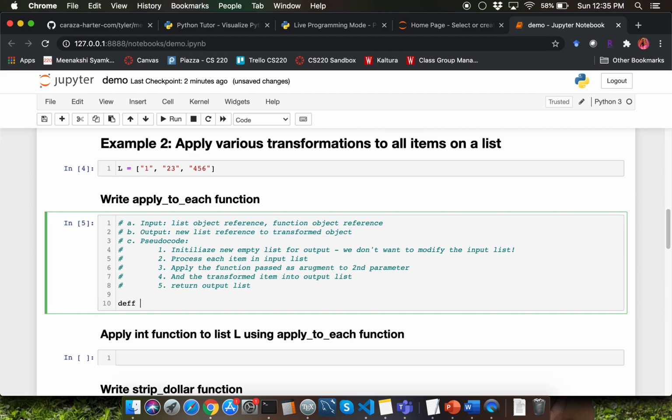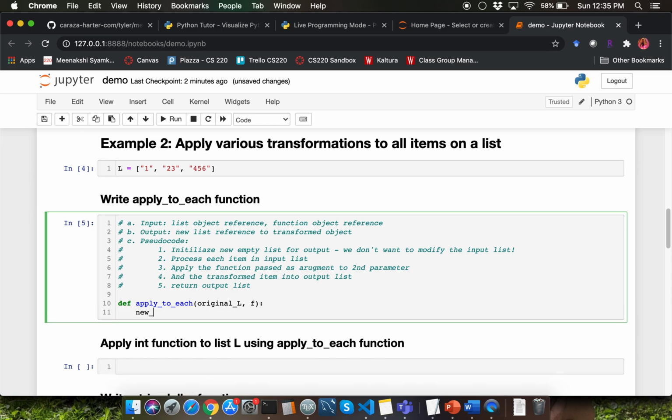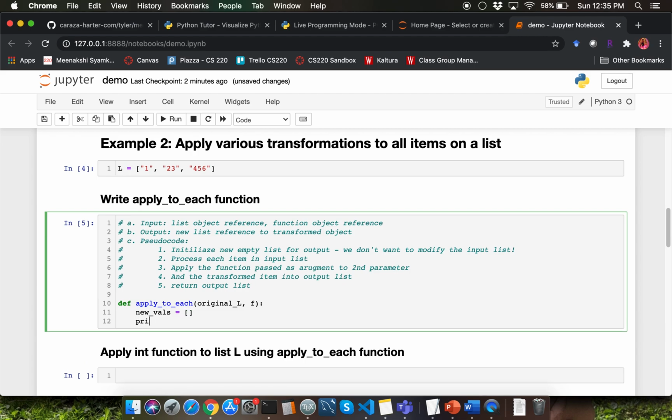Let's start writing this function. So I'm going to say def apply to each. I'm going to have 2 parameters. The first parameter I'm going to call original underscore L and the second parameter I'm just going to call F. So first step in the pseudocode here says initialize a new empty list for output. So let me go ahead and call that new vals and I'm going to initialize that to a new list. For now I'm just going to print the original list as such